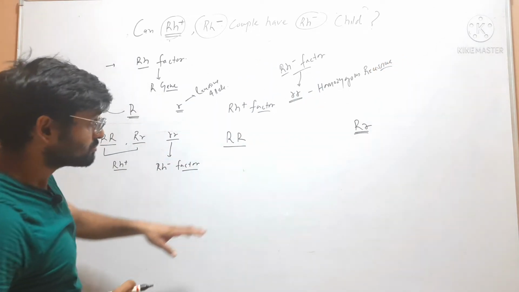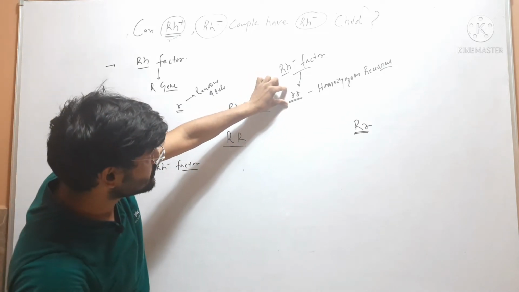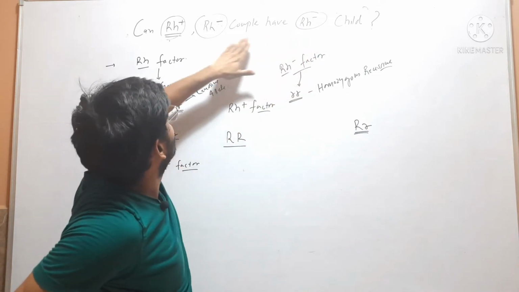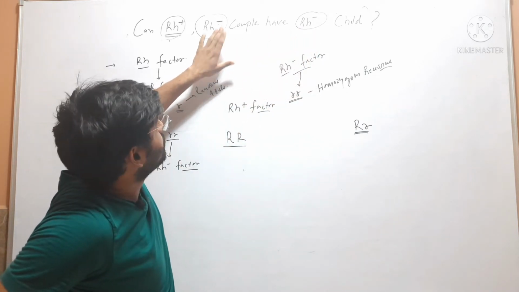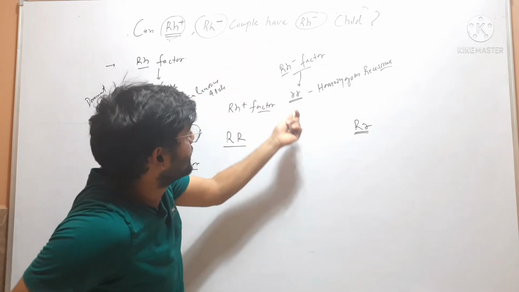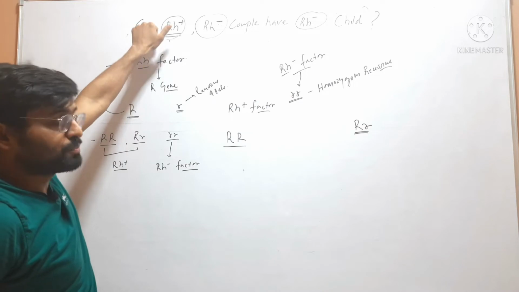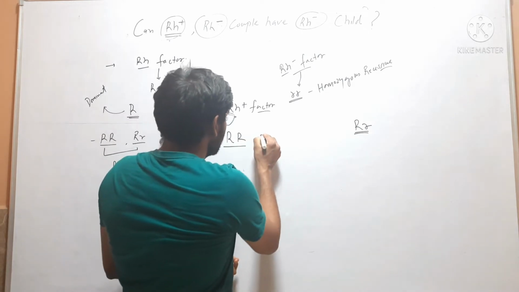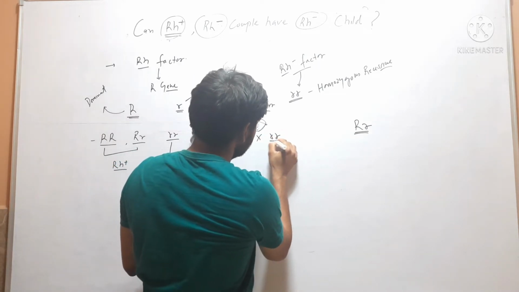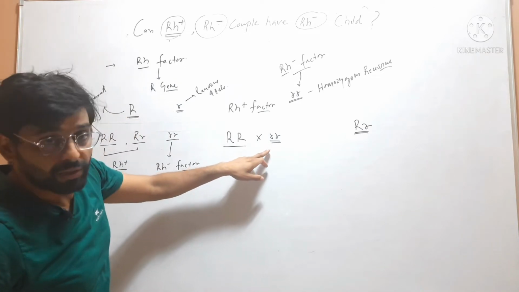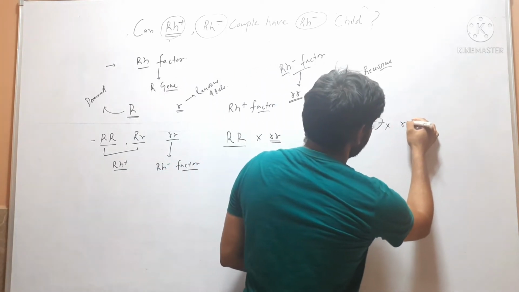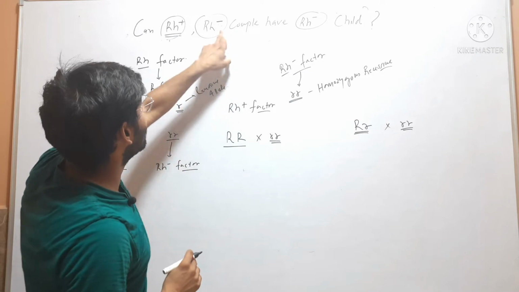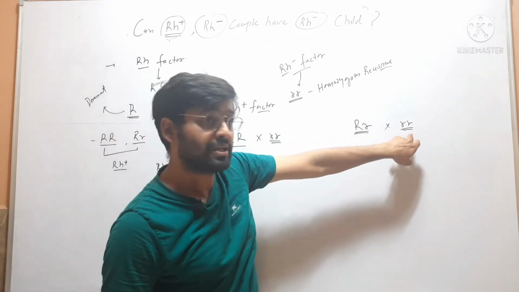So here in this genotype there is only one possibility. When we talk about an Rh negative person, they will always have one genotype, that is small r small r. But when we talk about Rh positive factor, a person with Rh positive factor will have two types of genotype. Now we will cross this with Rh negative, and we will cross both, because in the Rh positive case there are two possibilities, one is this, another is this, but in the Rh negative case there is only one possibility, that is small r small r.